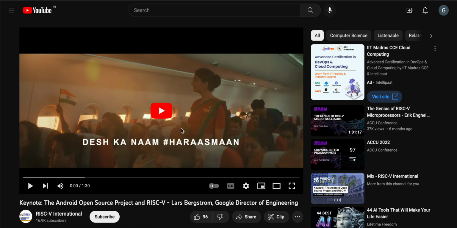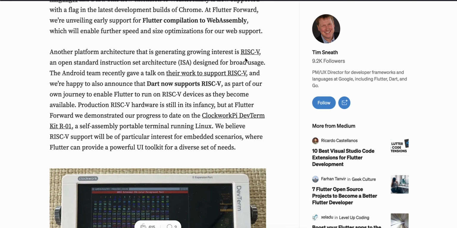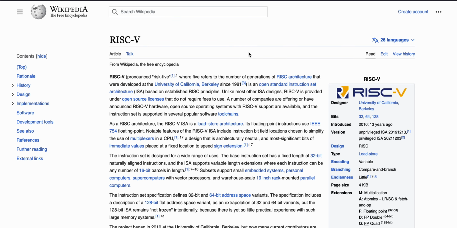Oh, I'm not sure what this is, but this could be interesting. What is RISC-V? I don't even know how to pronounce it. Hmm. Anyways,